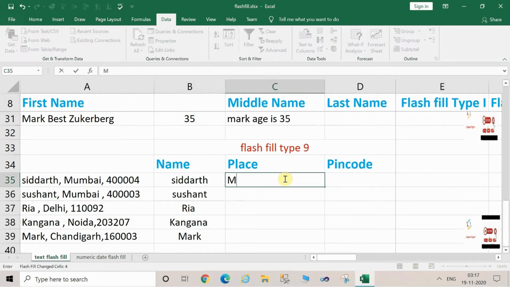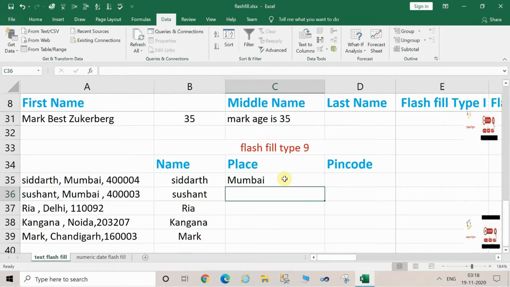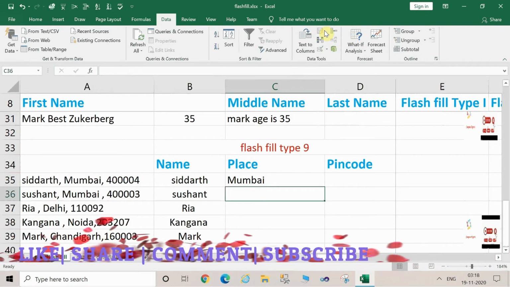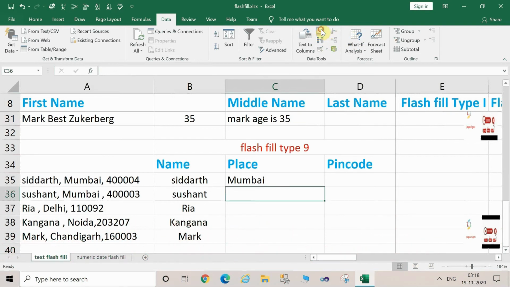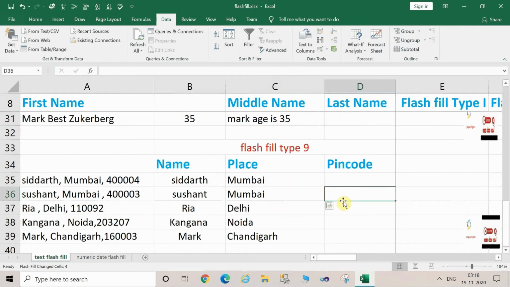In the same way we can try the place. We can extract the place from the given information. We will type here manually Mumbai and as soon as you press the Control E button, magic happens, the entire column will fill up with the place. Okay, so now let's try with the pin code. We can extract the pin code also from the given information. In the same way we will type here the pin code manually